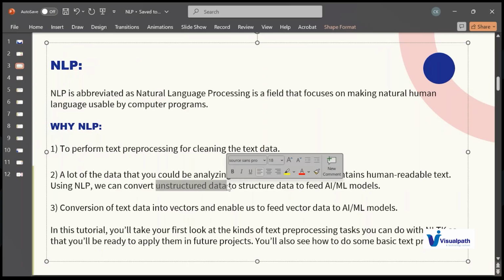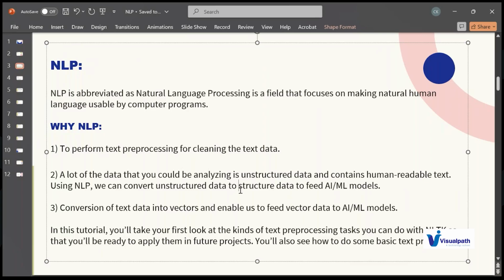Okay, unstructured data is nothing but what you see in the real world. We can see paragraphs, bullet points, and some table data present in between the paragraphs. Each and every piece of data you see in the real world is unstructured data. For converting the unstructured data to structured data, we also use natural language processing.